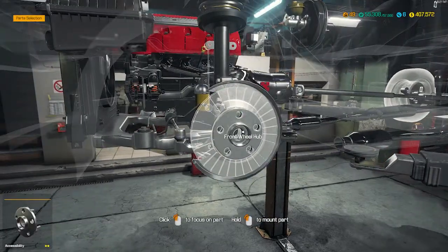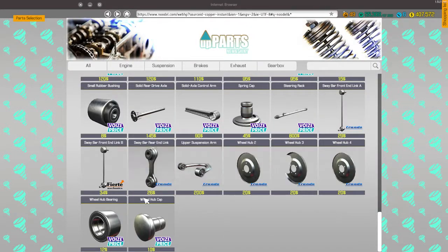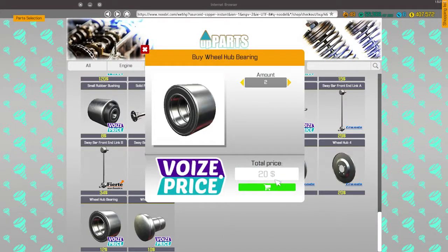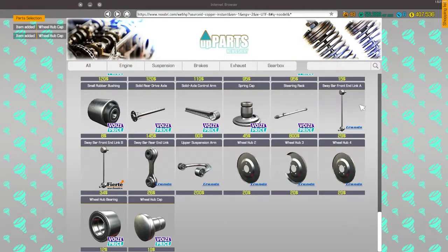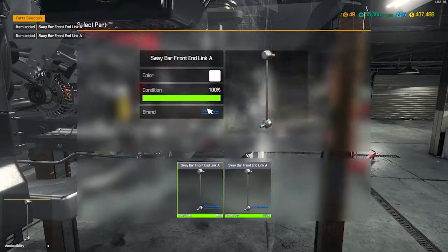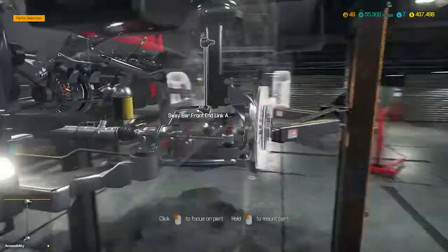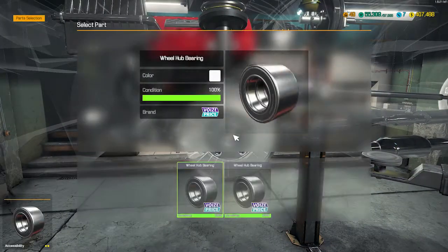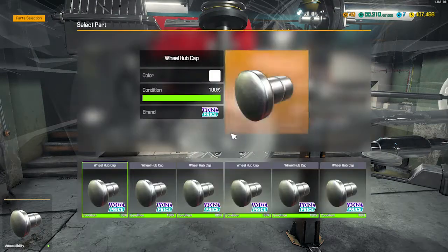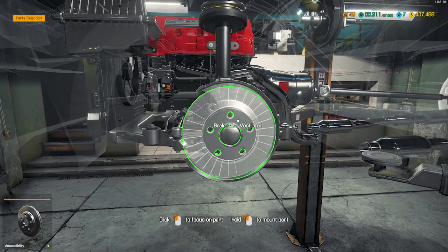I have no wheel hub bearings too, so let's get that. Need 2 of those. We'll probably need 2 of the caps too, so we'll just grab 2 caps while we're here. And then we need 2 of these. So that is not connecting to that, but you know what? It's probably just because it's a modified car, so I'm not too sad about it. Oh, I already had some cap covers. Oh well. What? I bought...